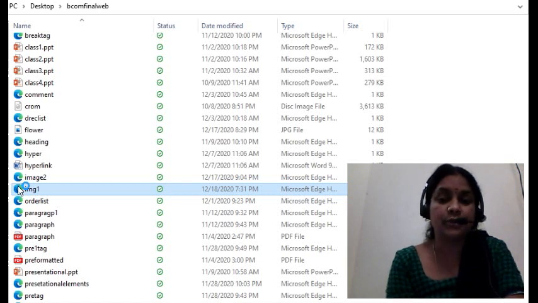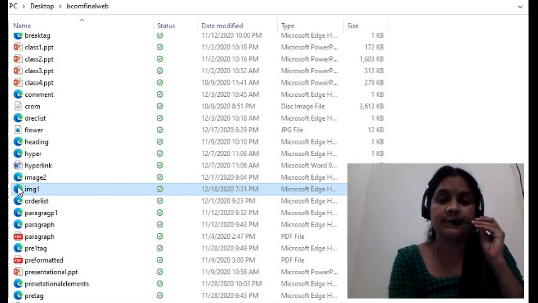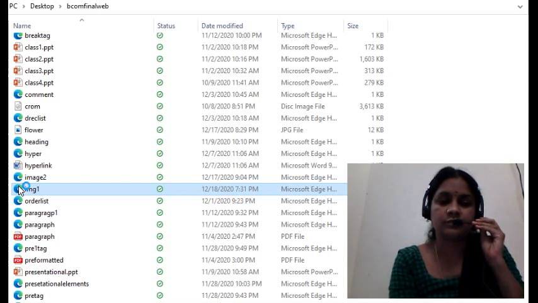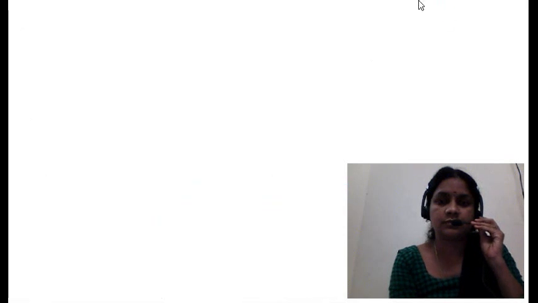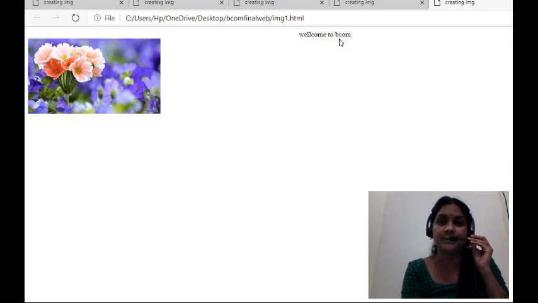It's going to be rotated. That means the processing is going to be done. The image is going to open. That means here the image is displayed, and here Welcome to BCom is in the center.